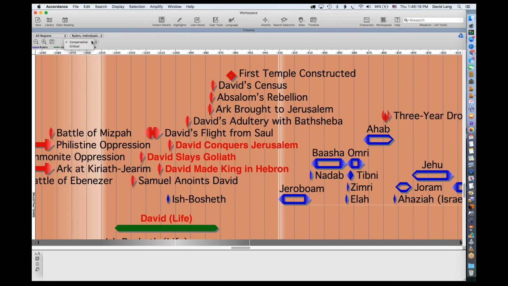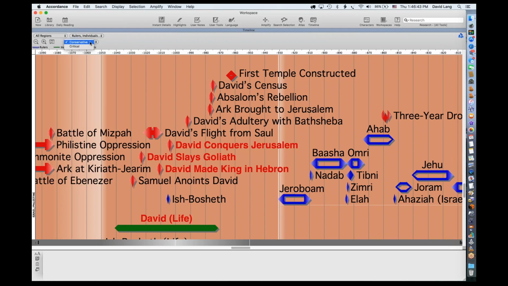And what we came up with was the conservative versus the critical dating scheme. And we went round and round about these labels. We kind of joke, if we wanted to offend everybody, we'd have called this fundamentalist and liberal or something like that. But the conservative dating scheme, what we mean by that term,